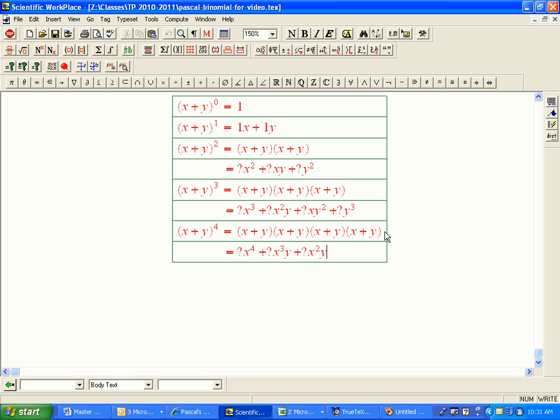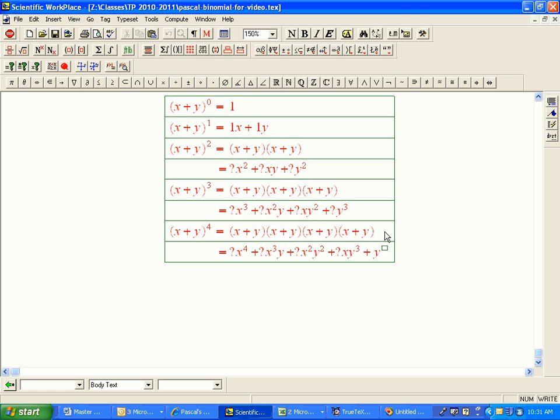x squared y squared. I'm just writing down all the possibilities where the powers, the degrees of each of the pieces, sum up to 4. And here 3, here 2. Okay, so let's look at the x squared here. What I want to describe this as is basically a fundamental counting problem. The number of coefficients, the number of times we're going to get x squared out of this expansion when we expand out all the possible products.